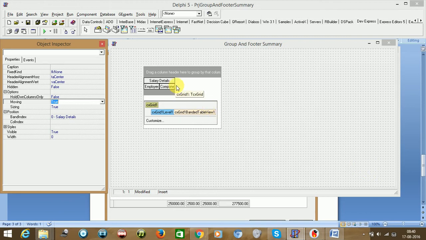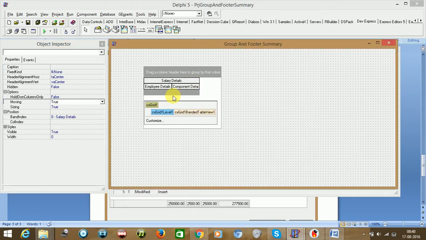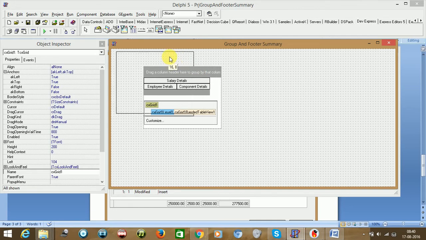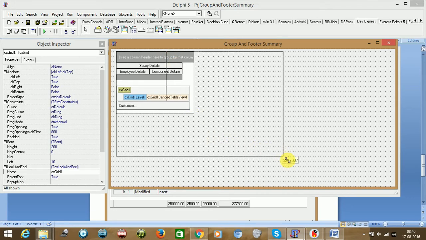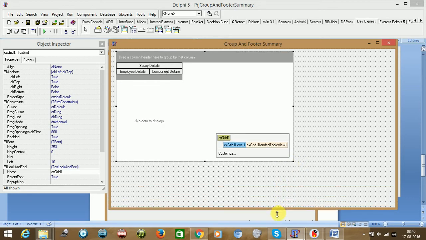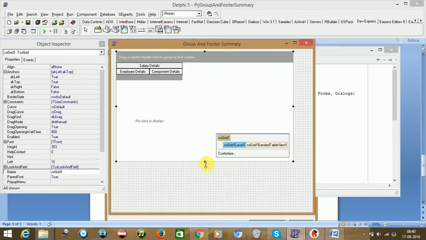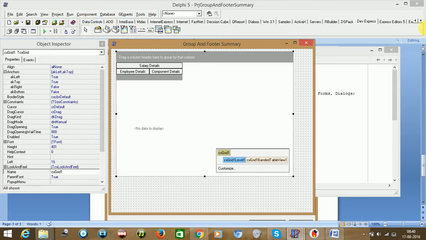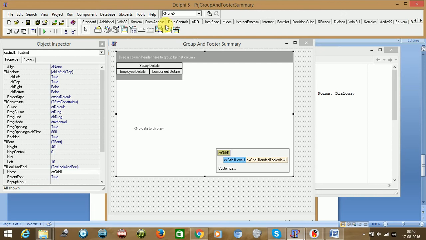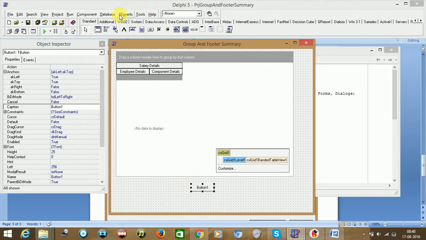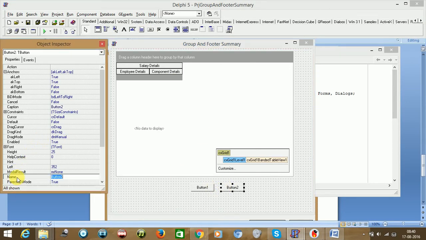Close this. We'll be displaying the forms like this. Now take two buttons, button 1, button 2. Just give the respective names to these: BTN close.